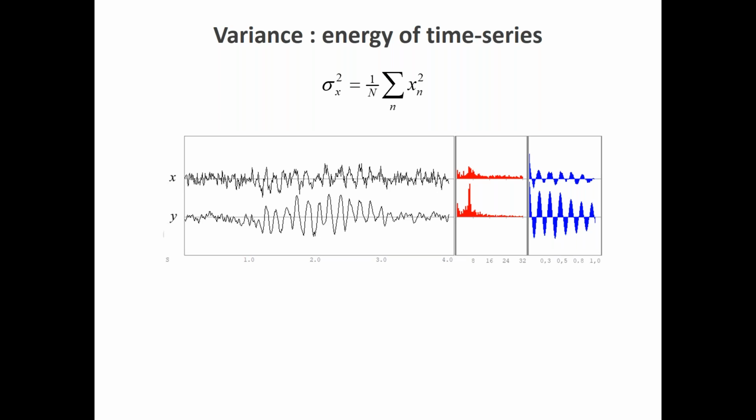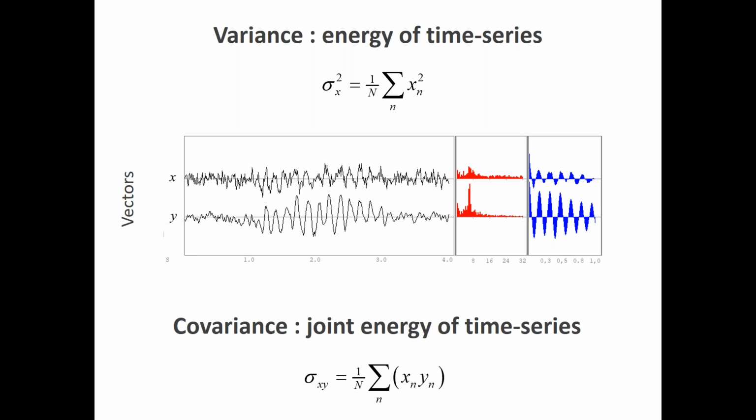So those three names in this situation mean exactly the same thing. Okay? So I was saying that there is a third concept which is very important but much less known, which is the concept of covariance, and that is the joint energy of two time series. So instead of taking the squares of one time series, we take the product of one sample of one series with the other, and we sum the products of those two samples for all samples. Again, we divide by the number of samples.